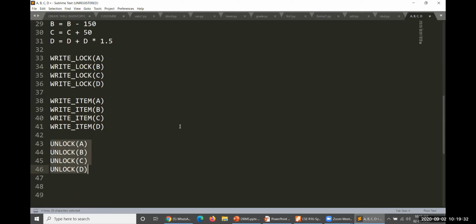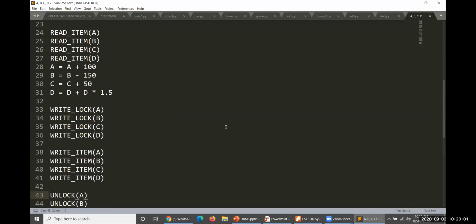Two-phase locking protocol means that after applying an unlock, whatever the item might be, after applying the first unlock, you are not allowed to take either a shared lock or an exclusive lock. Theoretically, you are not allowed to operate either a read lock or a write lock. If you do so, then that is not the two-phase locking protocol. So that is the point you need to understand here. Then we'll move to